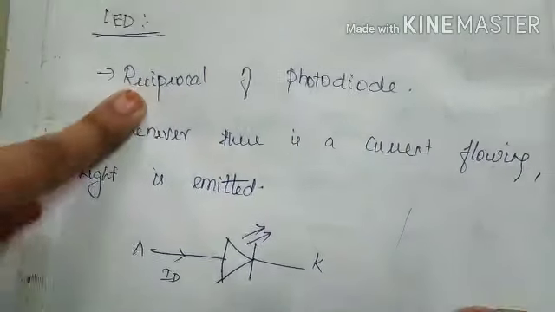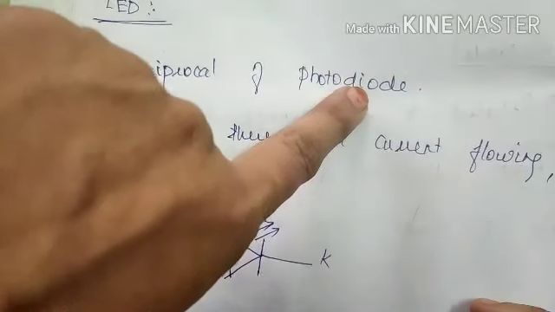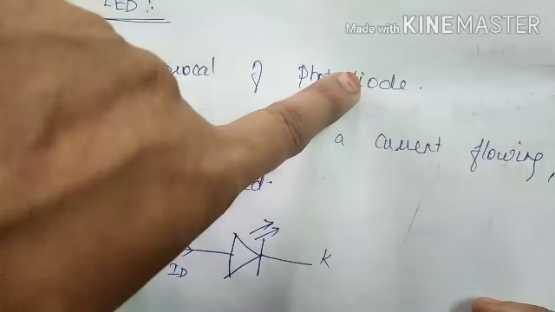It is a reciprocal of the photodiode. Why are we saying that? In a photodiode, the light energy